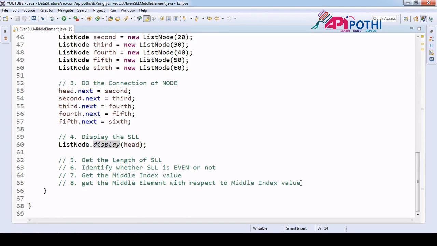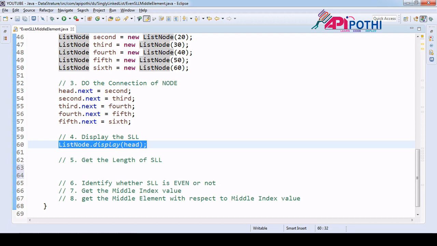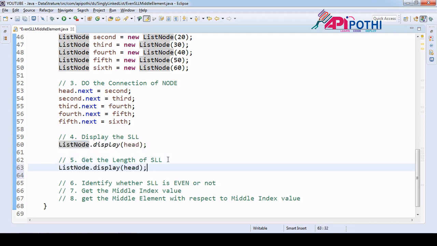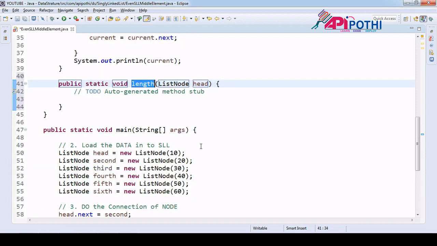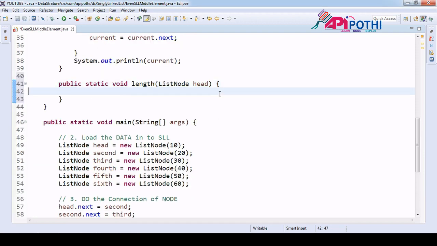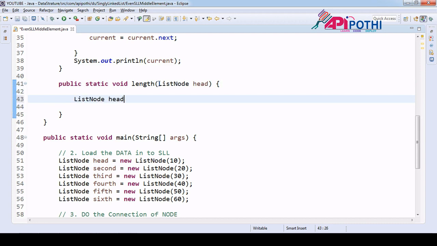Now our main responsibility is to get the length. Okay, and we know how to get the length. Again we have to create the method only. So for that we are going to create the method called length. Okay, and accordingly we are going to create the method. Okay, good. Now again we are receiving the user input, so we are going to secure this one as a